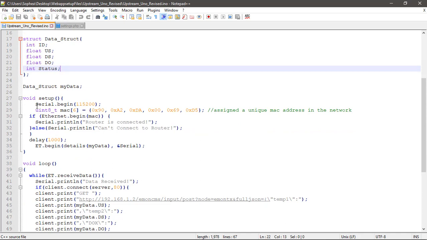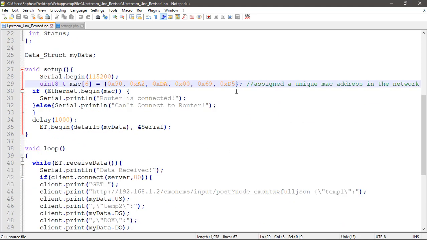So in our setup we use Serial.begin. By the way, this is for troubleshooting purposes only. And if you are using an Ethernet shield, you need to assign a unique MAC address in the network. Here, assign a unique MAC address. If you have the same MAC address as another device in the network, the Ethernet shield won't work correctly. So here, Ethernet.begin means start the Ethernet and check with this MAC address, and here we just use Serial.print